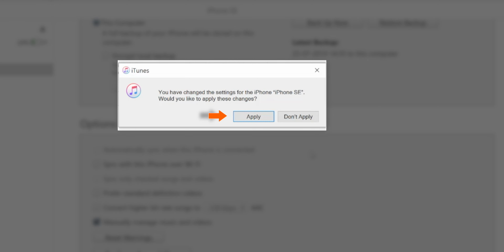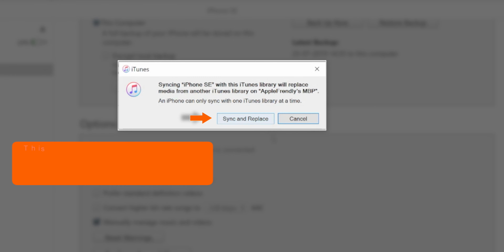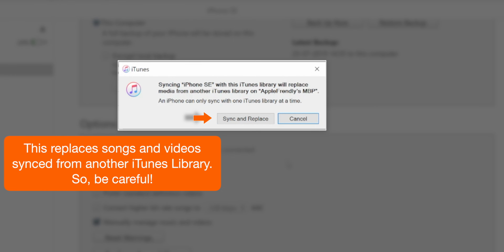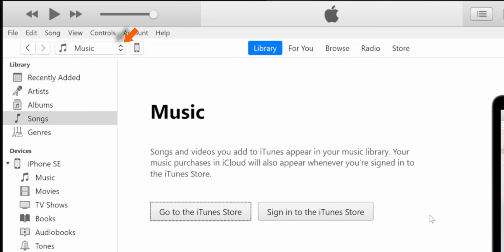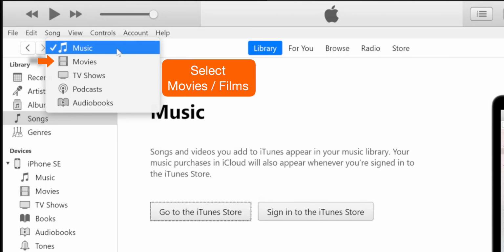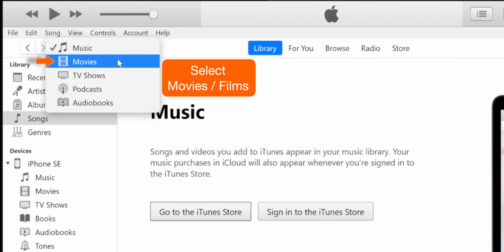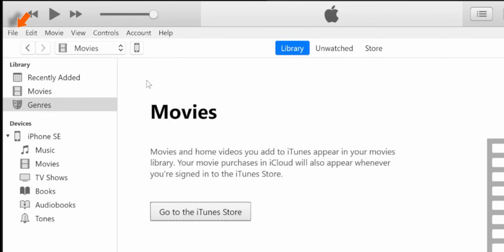Click Apply and hit Sync and Replace. Now tap on these three arrows here and select movies or films based on the option available. Both are same. Now you want to go to File